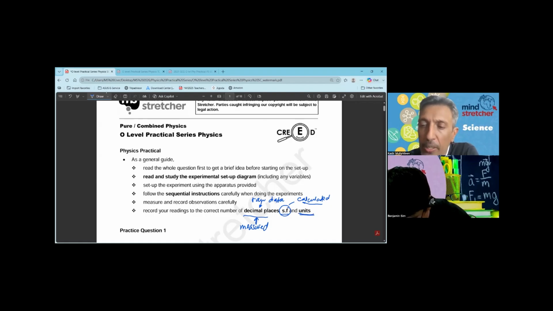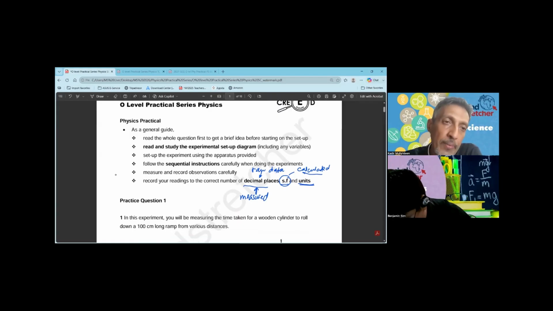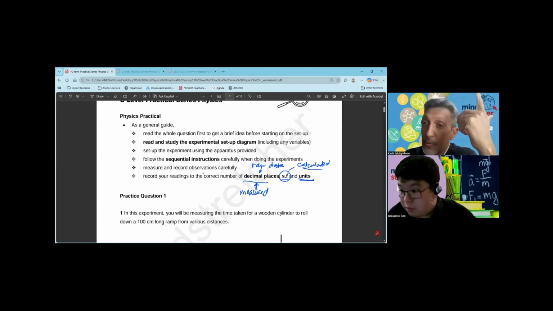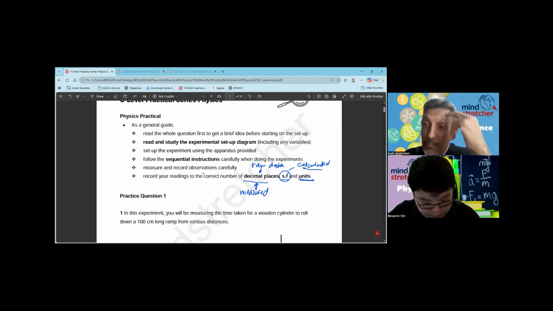And of course, make sure you get all the units right. Don't forget, guys, if you miss out the units, you keep losing marks for it. It's not like your main paper, where if you make a decimal or SF error, you only lose 1 mark for the whole paper. But here, in practical,